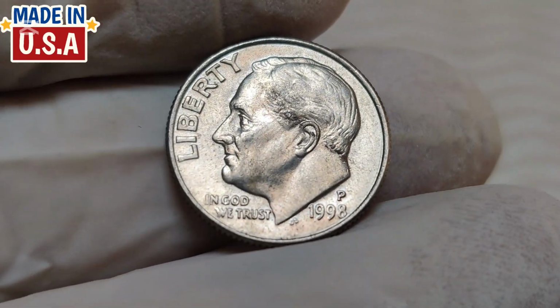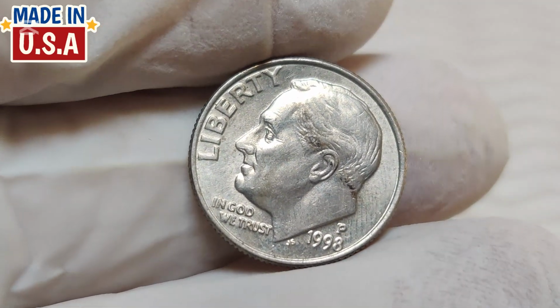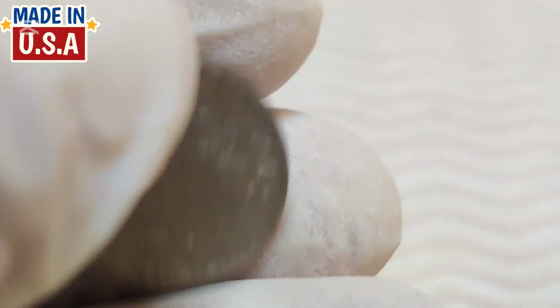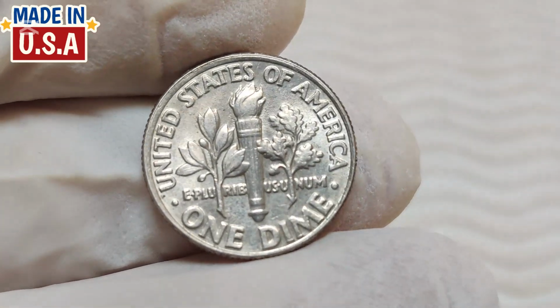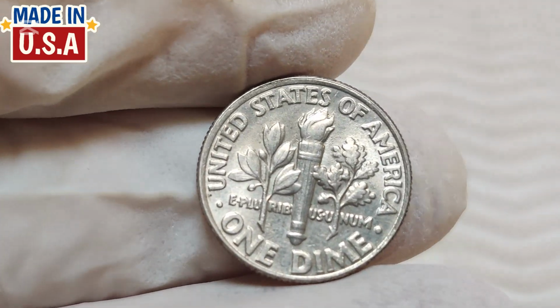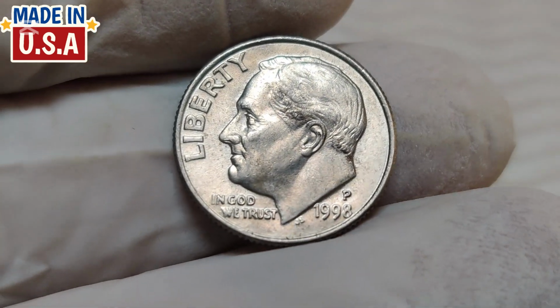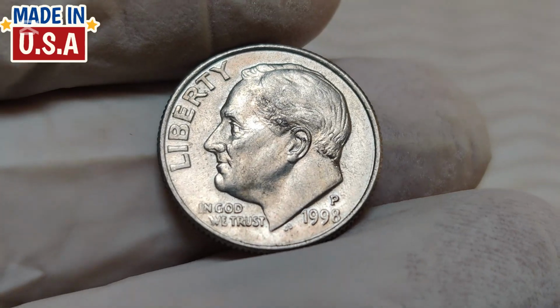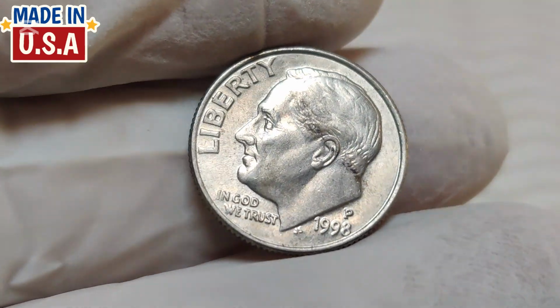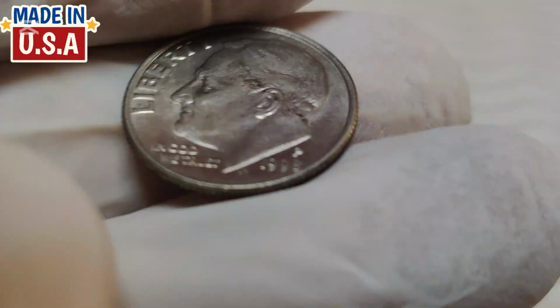Let's talk value. In circulated condition, most 1998 P Roosevelt dimes are still worth around face value, 10 cents. But here's where it gets exciting. If you happen to find a 1998 P dime in uncirculated condition, especially those graded MS65 or higher by grading services like PCGS or NGC, it could be worth anywhere from 22 cents to $2 depending on the quality and